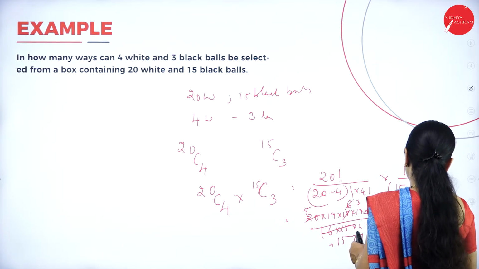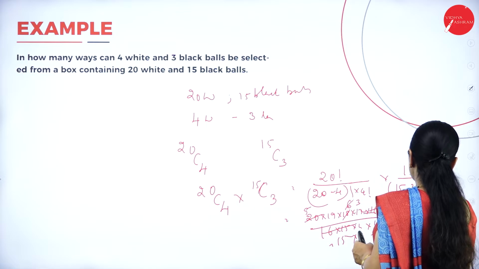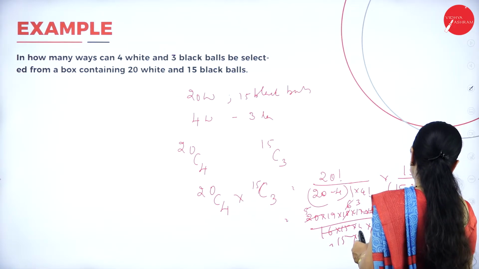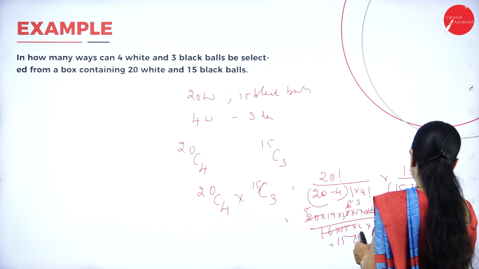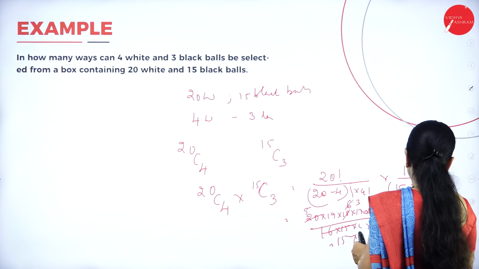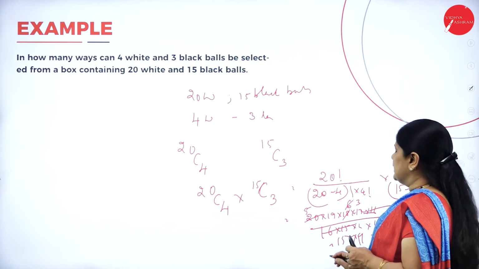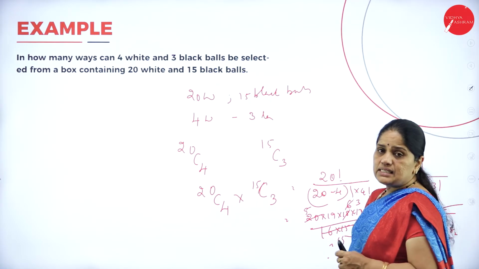So, 12 factorial gets cancelled. So, this will be equal to 15 into 16 by 3 into 2. 3 5s are 15, 2 8s are 16. So, 5 8s are 40. So, 40 into 15 into 19, I get the answer as